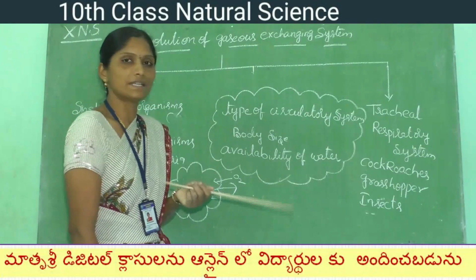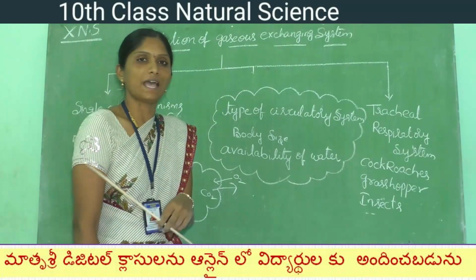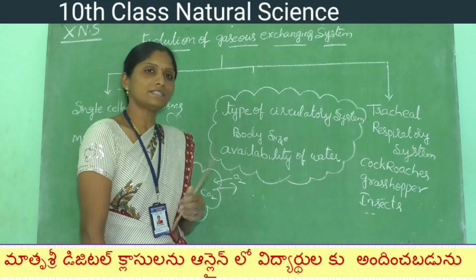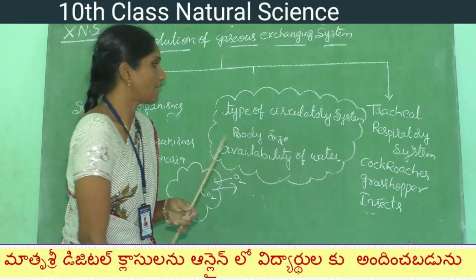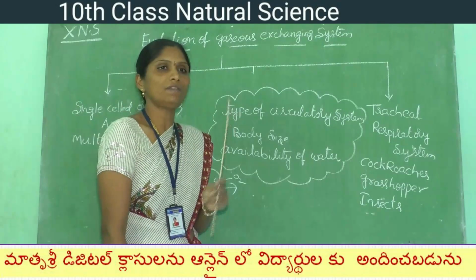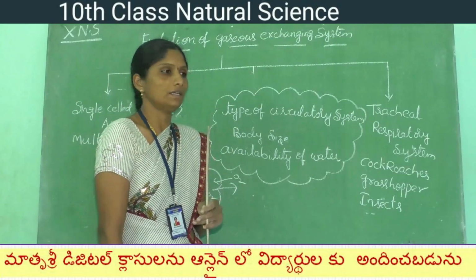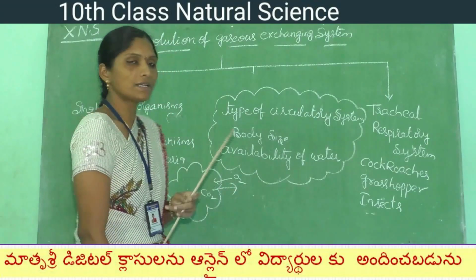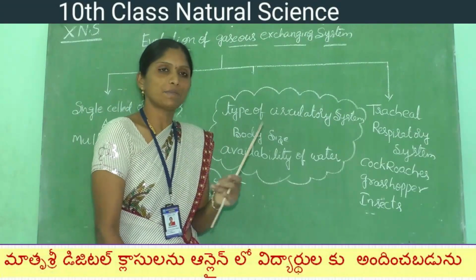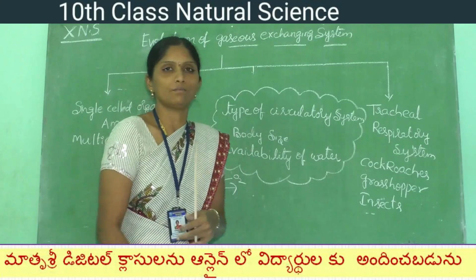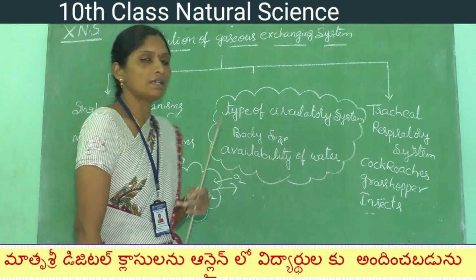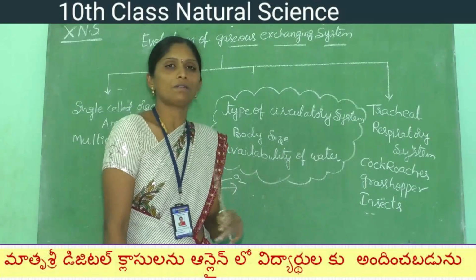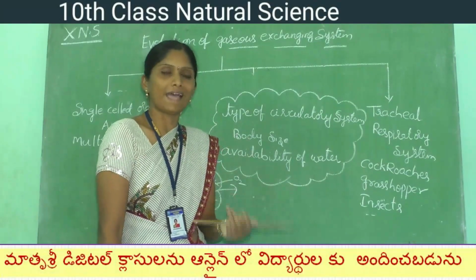Next, the evolution in organisms, where organisms consist of two types. The first one is terrestrial and the second one is aquatic organisms. Terrestrial means they live on land. Aquatic means they live in water. These organisms developed special organs in their body, depending upon their habitat.